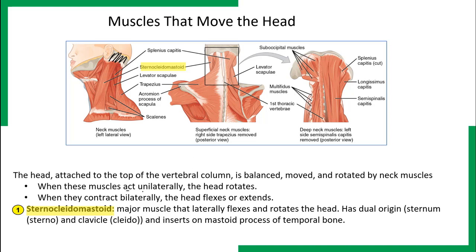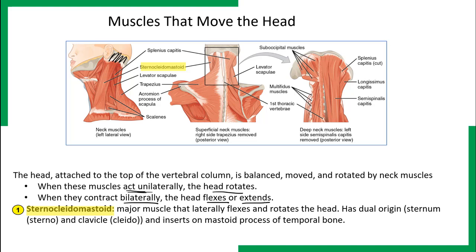When these muscles contract unilaterally, so if the muscles on one side of the head contract, then the head rotates. So if the muscles on the left side of your neck contract, then your head rotates to the left. If the muscles on the right side of your head contract, then your head rotates to the right. When these muscles contract bilaterally, so both sides contract together, the head then flexes, moves forward, or extends, moves